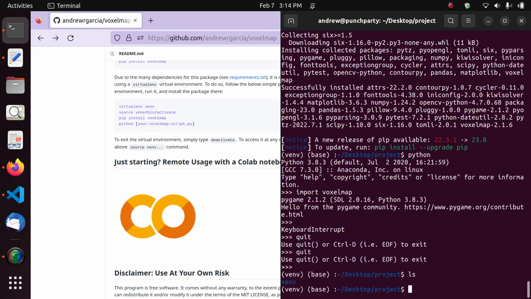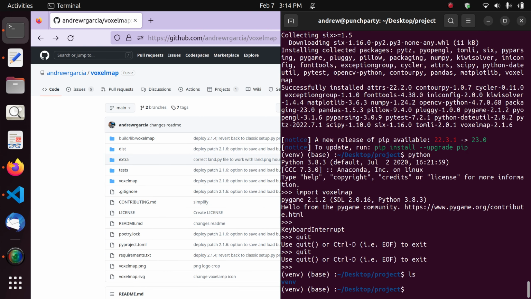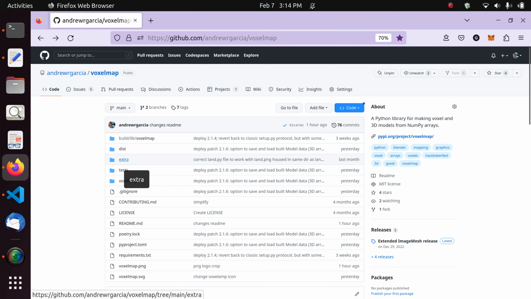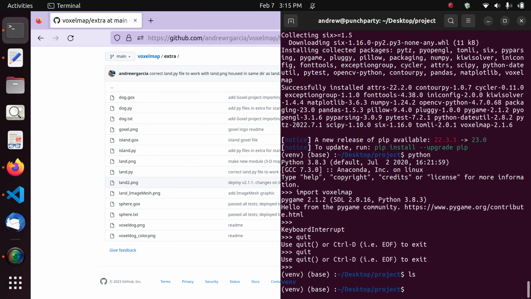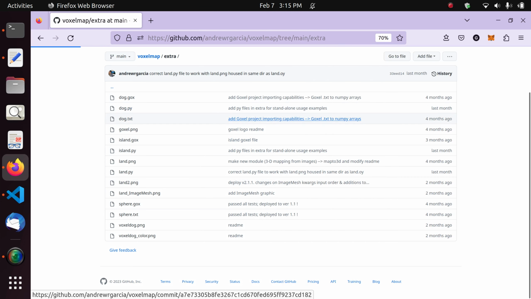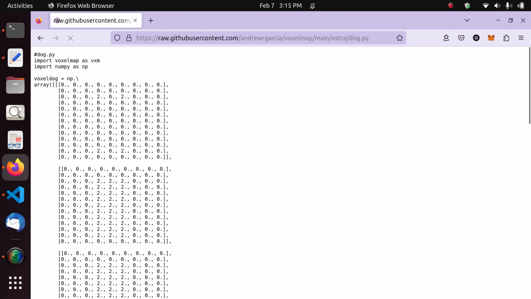Okay. And now what we'll do is we'll be running some examples here that you can also find in the Voxelmap repository. You can find those inside the extra directory in the Voxelmap repository. So that's what we'll do. Go to extra, we'll be downloading the examples on a need-to-use basis. Okay, so we'll start with the dog Python script. And so for the dog Python script, we can just click on it, copy and paste the code, or even go to the raw side of the code,